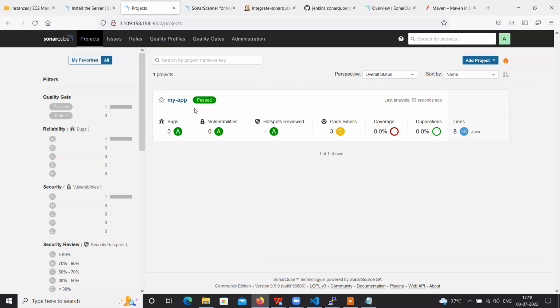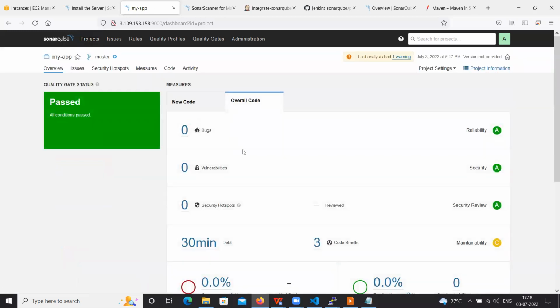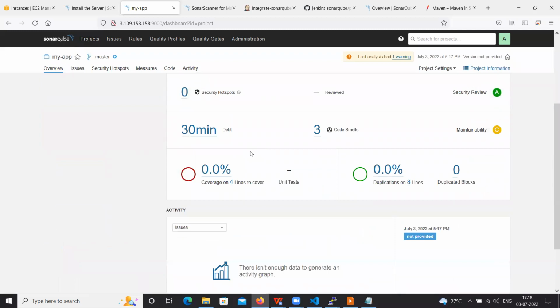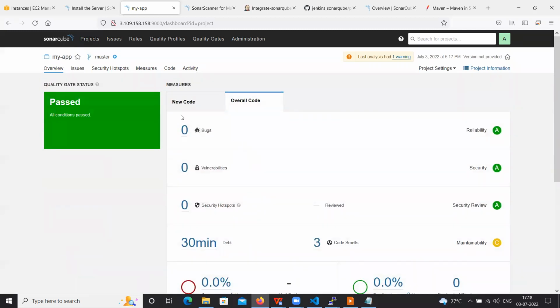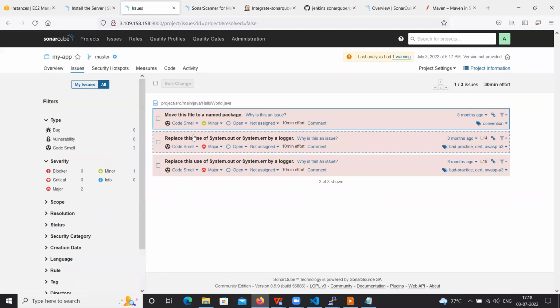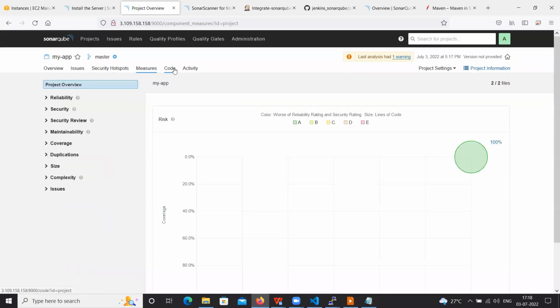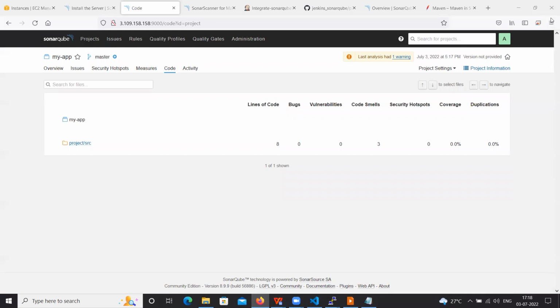And here we can see your app name, my app. And here we can see the whole Sonarqube report. Here you can see the issues in the code. This is fixed by the developer in a real-time scenario. So where you have the properties,